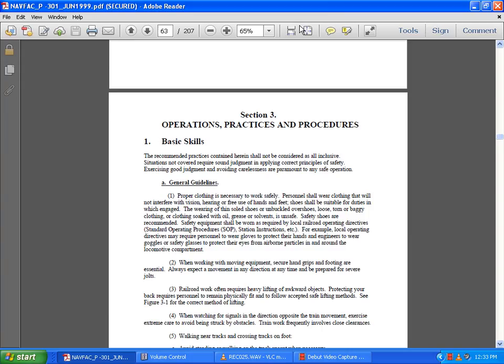General conditions. Proper clothing is necessary to work safely. Personnel should wear clothing that will not interfere with vision, hearing, or free use of hands and feet. Shoes shall be suitable for the duty in which they engage. The wearing of thin-soled shoes, unbuckled overshoes, or loose, torn, baggy clothing that is soaked with oil, grease, or solvent is